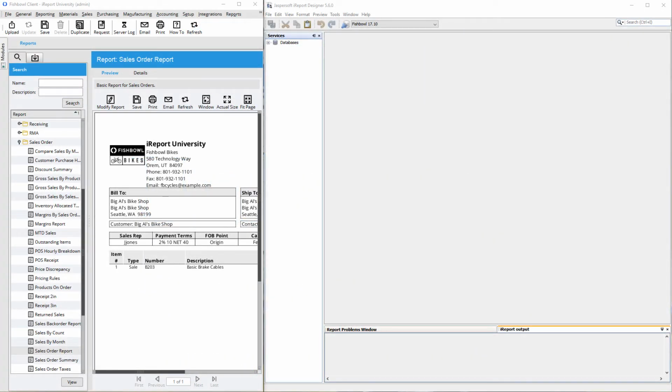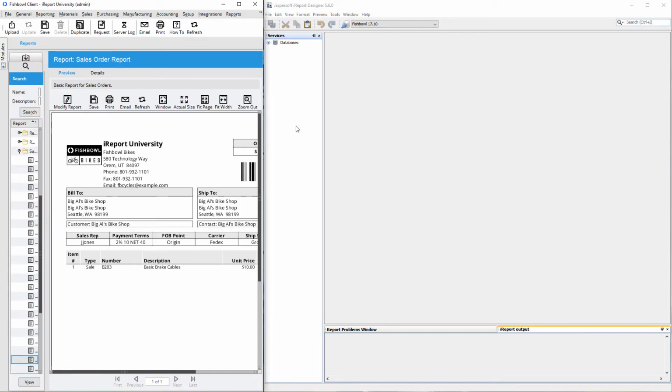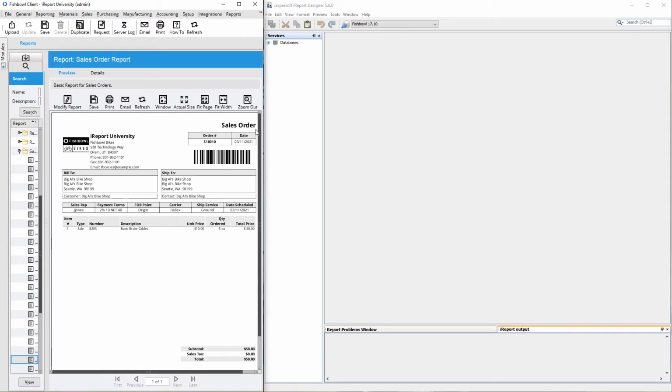Back to iReport University. Now that you've been introduced to maybe 80% of iReport's features that you will be using, let's dive right in and actually modify a report. And while we're at it, we'll teach you about one of the most useful features that we didn't mention in the overview video. So we're going to modify this sales order report, and let's just rearrange a few things in